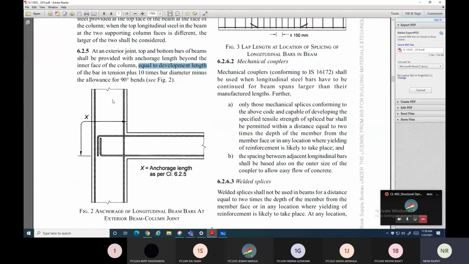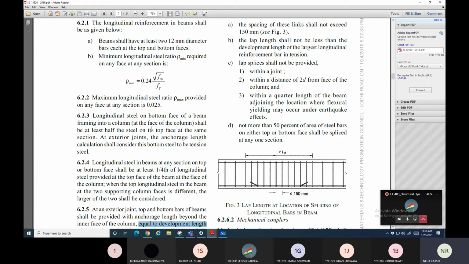एक्सटीरियर मतलब एंड का जॉइंट, ये ऐसा, तो ये x मतलब यहाँ से फेस ऑफ द कॉलम से लेके ये जो बार यहाँ से टॉप से बॉटम में गया तो ये कितना एक्सटेंड होना चाहिए, सेम वे नीचे का जो बार है वो भी कितना एक्सटेंड होना चाहिए। दिस इज कॉल्ड द एंकरेज ऑफ लॉन्जिट्यूडिनल बार्स। ठीक है, तो ये भी हमें देखना है।